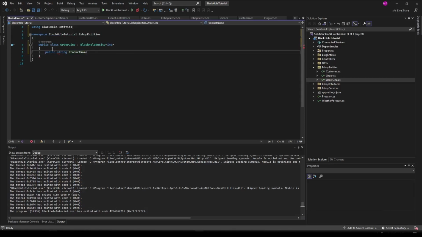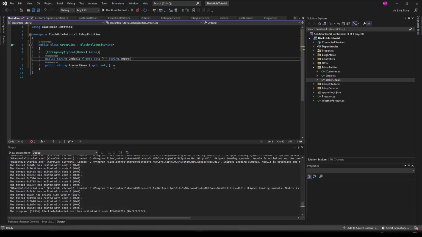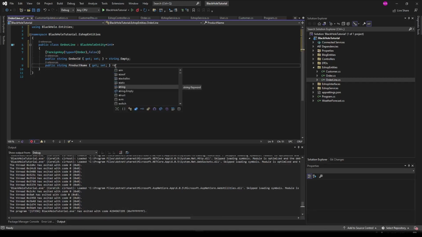product name get set, and also what we need is a foreign key to the order. So let's make a public string order ID, because the ID of the order entity is string, and here we can add foreign key type of order, and let's make it also not nullable, so false, and let's add a default value because I don't like these warnings. String empty,